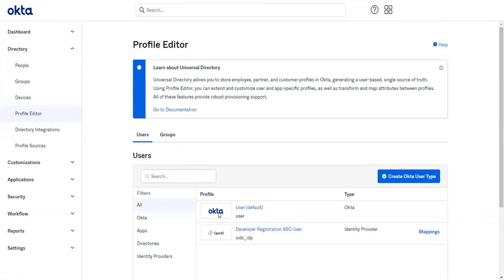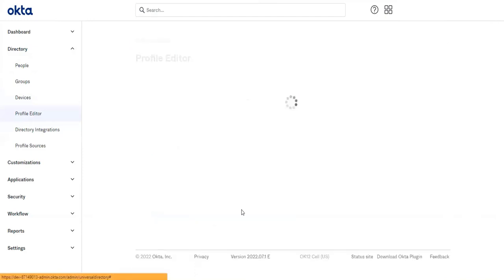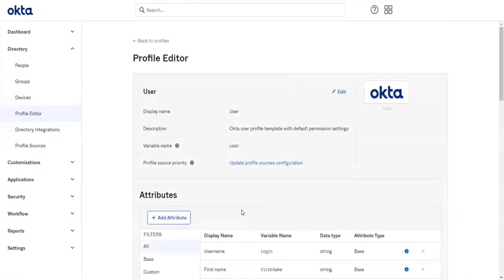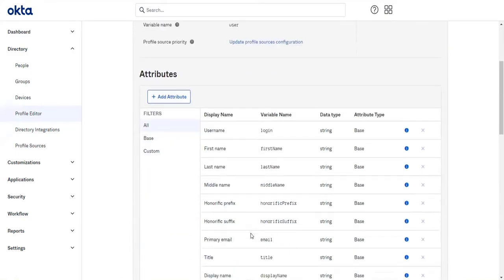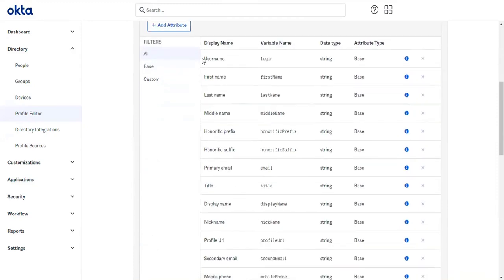That's how we can enforce all the Okta admins to create a user account with the Aadhaar or PAN card number in the near future. Go to this. So there you can see the configuration, and these are the attributes.